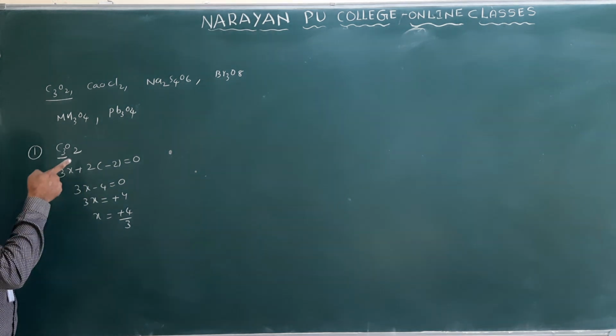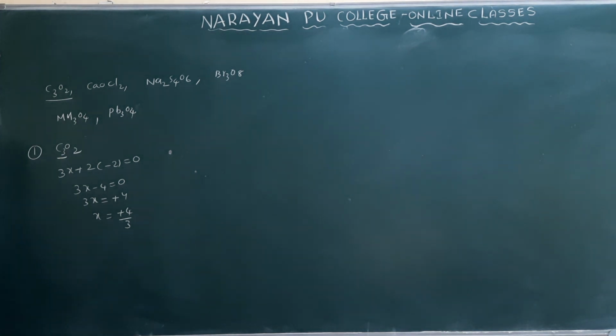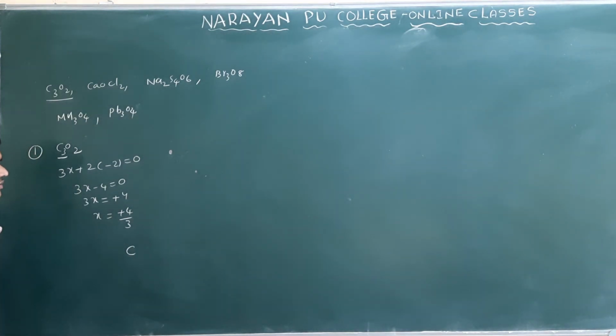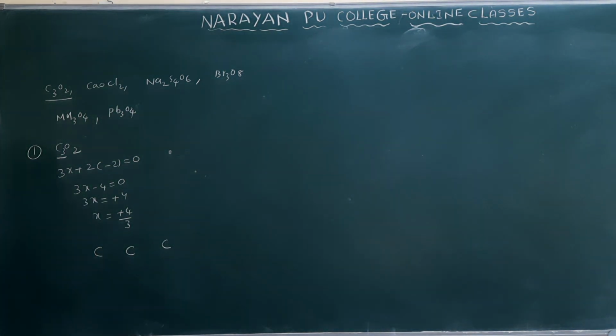Whenever more than one atom of the same element is present in a compound, you get an average oxidation number. The average oxidation number is taken over all the carbon atoms present in the molecule. This is a general exceptional case. If we take the structure of the molecule, this is carbon, this is carbon, and this is carbon. Generally, carbon can form how many bonds?